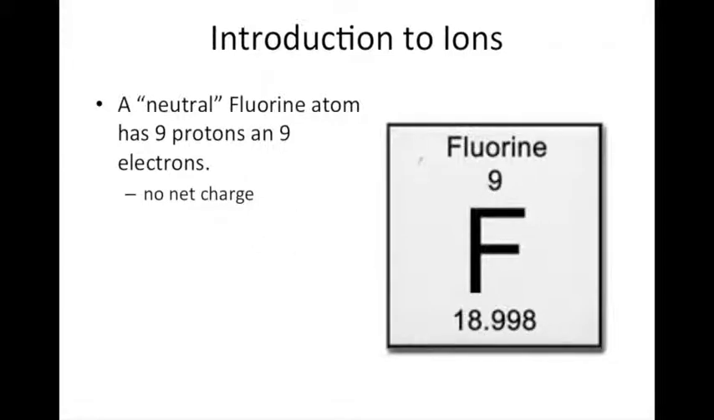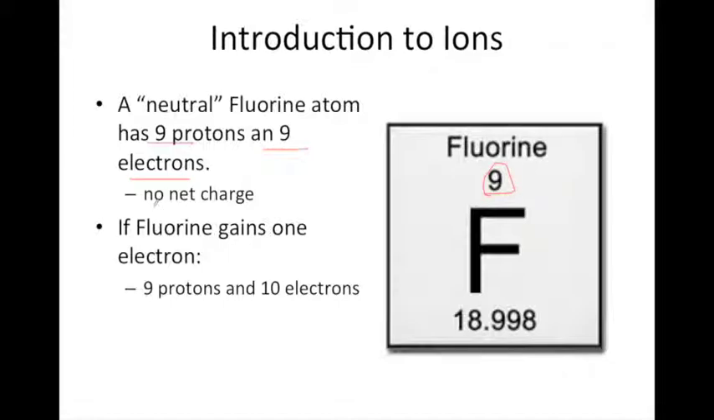Here we have fluorine. A neutral fluorine atom has an atomic number of 9, so it has 9 protons, and we know that the protons and electrons are the same, so it has 9 electrons. So a neutral fluorine atom has no net charge. However, if fluorine gains 1 electron, it's a nonmetal, so it will tend to gain an electron. If it were to gain an electron,